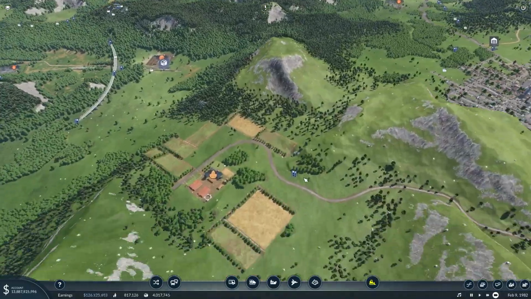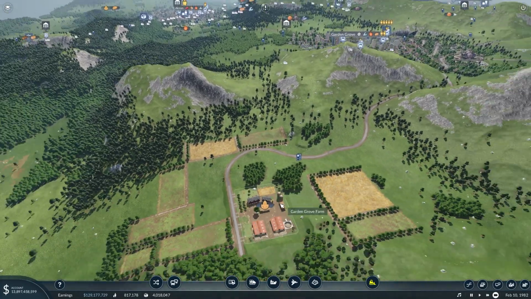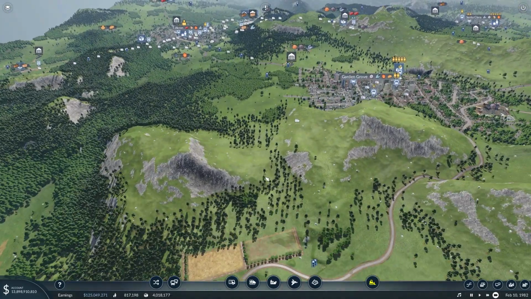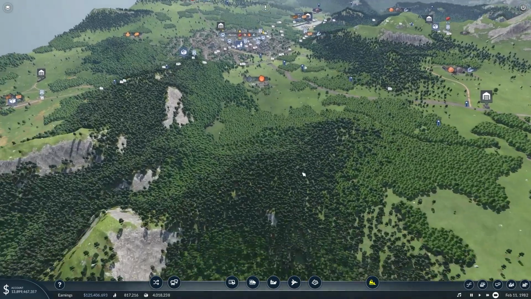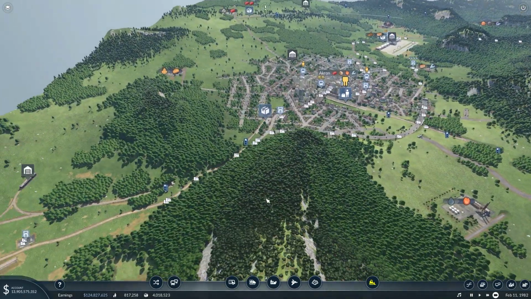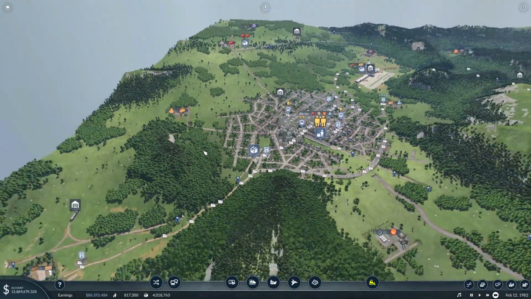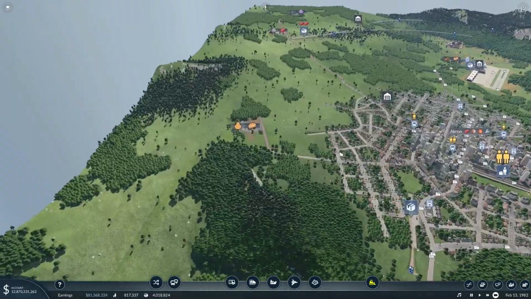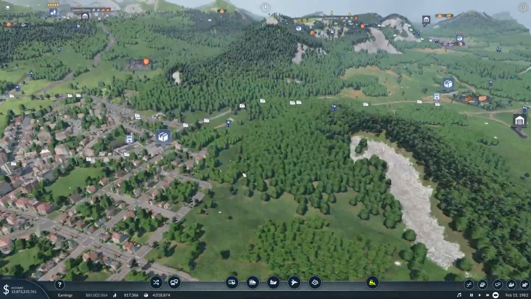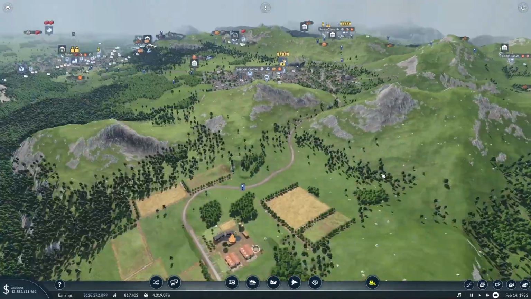So let's begin setting up our train station that'll run from the farm. We'll bring it between this valley, sort of bridge over this gap here. We'll probably need to tunnel through this mountain and then connect up somewhere right over here. So the terrain is pretty rough, but we'll just have to see what we can come out with